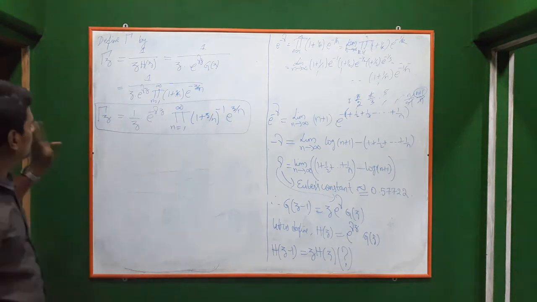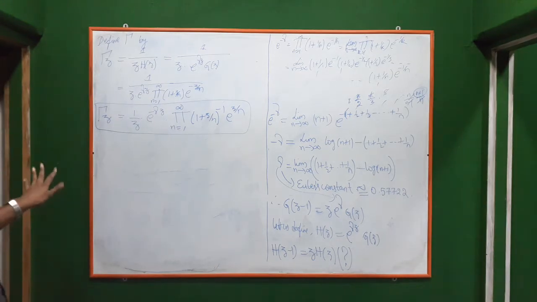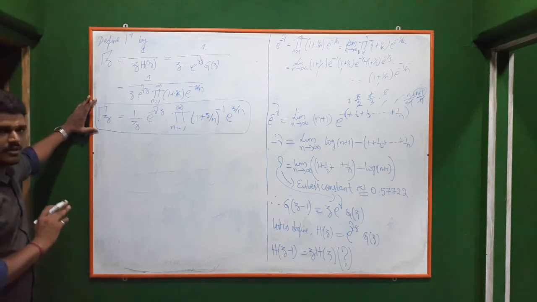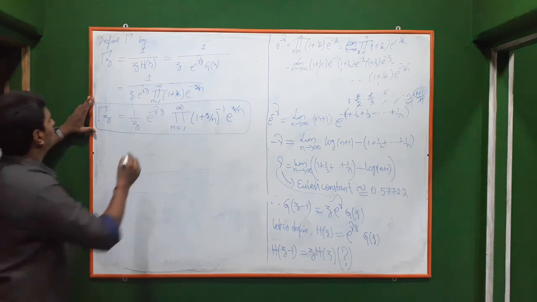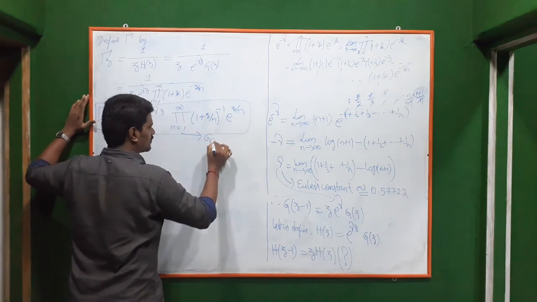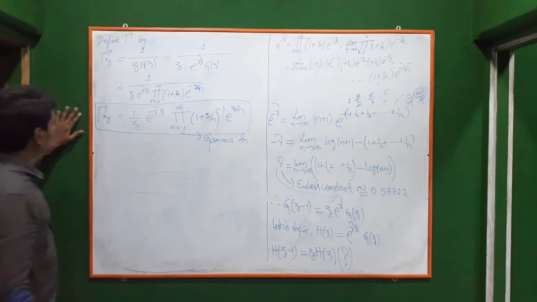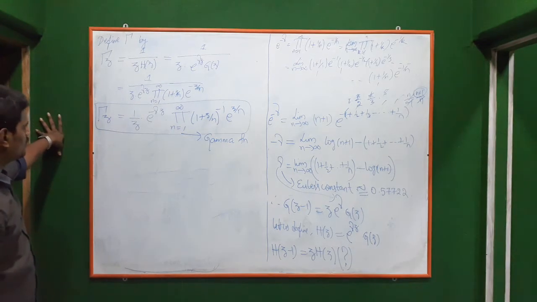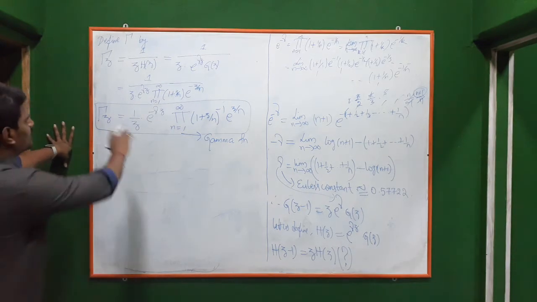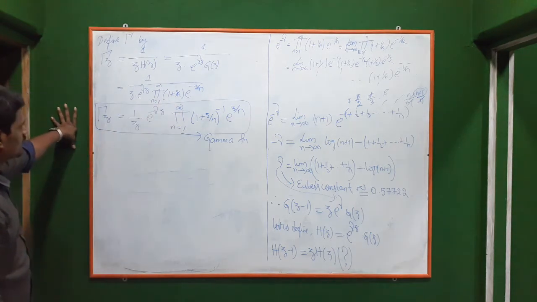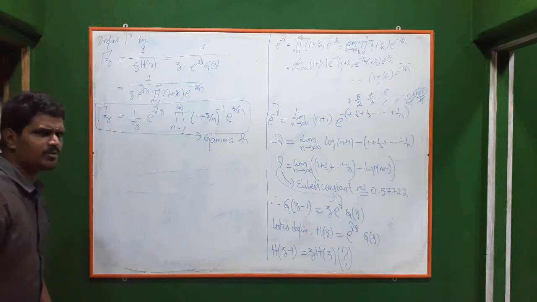Now, as far as your complex analysis is concerned, gamma function is defined like this. This is your definition of gamma function. So wherever we need gamma function, we have to use this definition, this product definition, canonical product definition of gamma function. Okay, fine. So we know some properties about the gamma function.